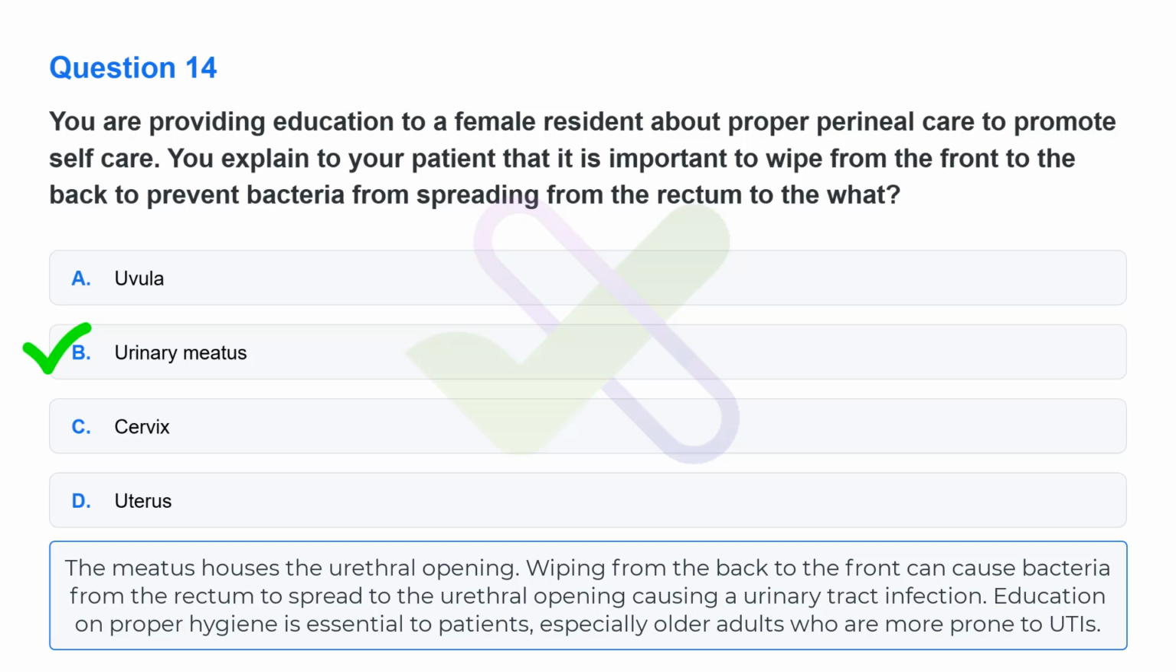Correct answer, B. Urinary meatus. The meatus houses the urethral opening. Wiping from the back to the front can cause bacteria from the rectum to spread to the urethral opening, causing a urinary tract infection. Education on proper hygiene is essential to patients, especially older adults who are more prone to